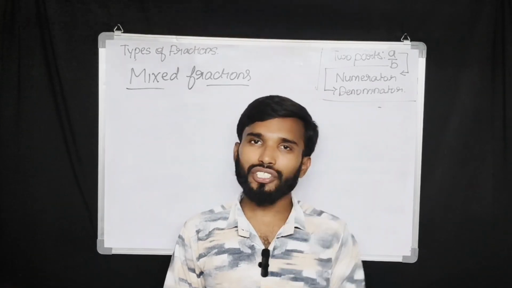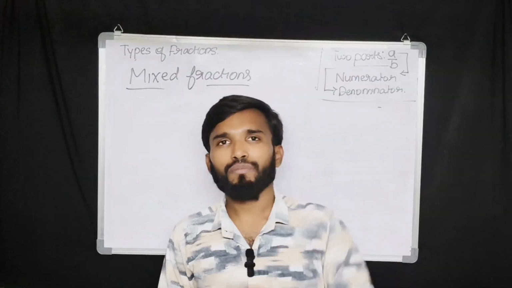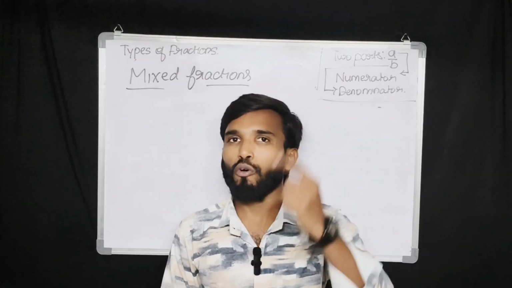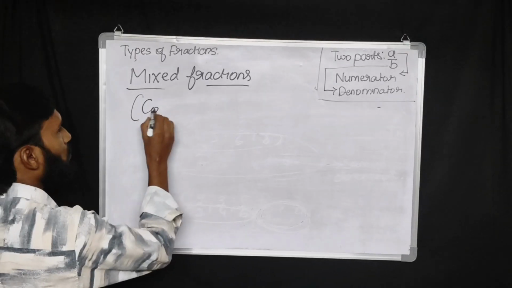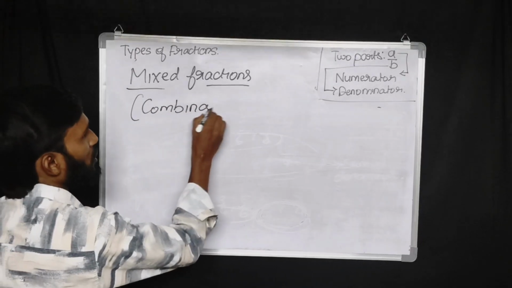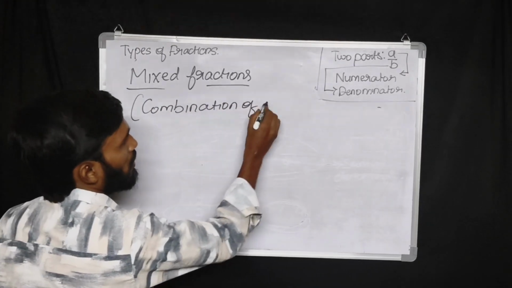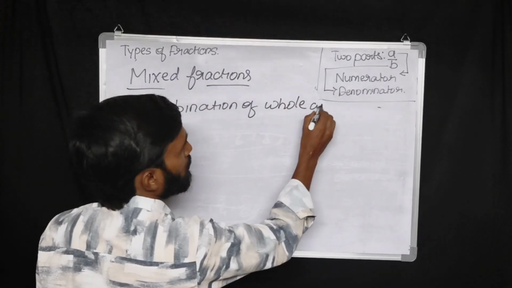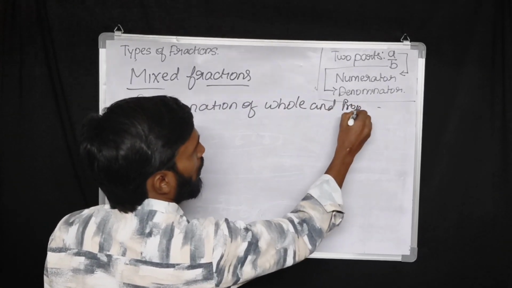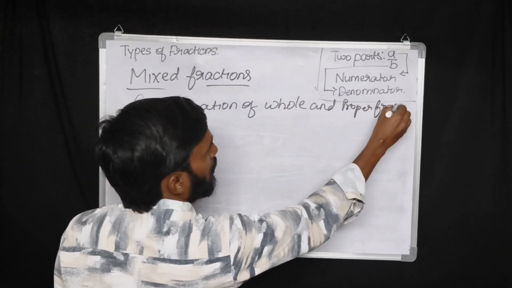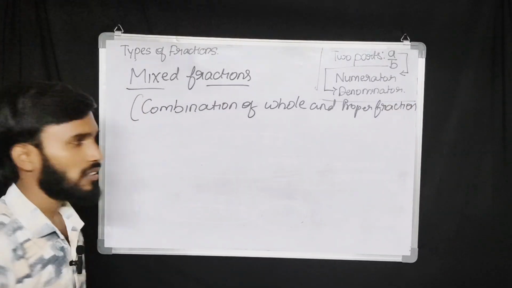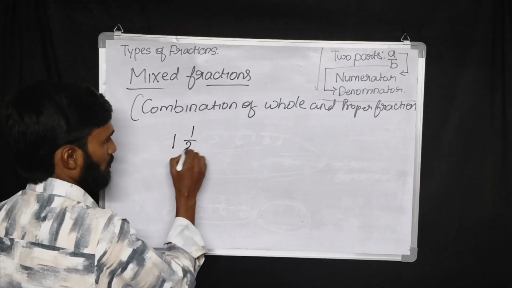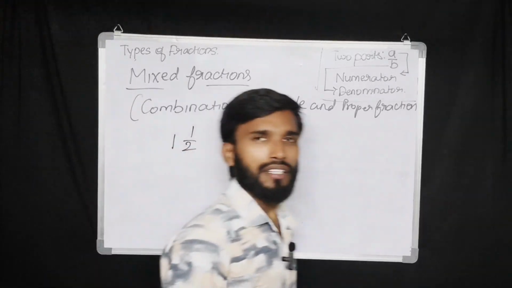Only two: one is a whole and the other is a proper fraction. See here, a mixed fraction is nothing but a combination of a whole and a proper fraction. What is that? See here, 1 by